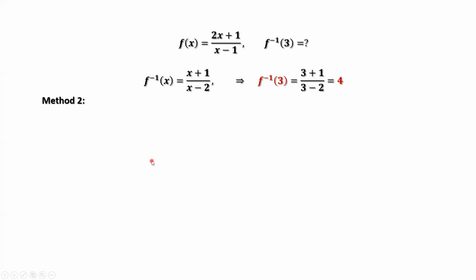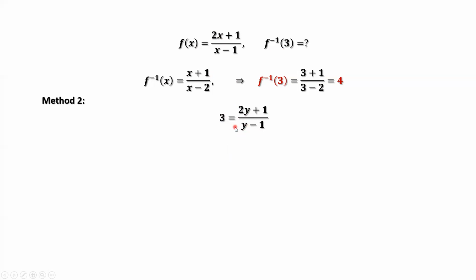The second method, if we don't care about the inverse function, we only care about the function value, we can do this. 3 is the value here, the x value inside, and swap x and y. So here we rewrite x as y, y as x, similar to the definition in method 1. We solve this equation for y. y is the inverse of f of 3. The y value is 3 here.